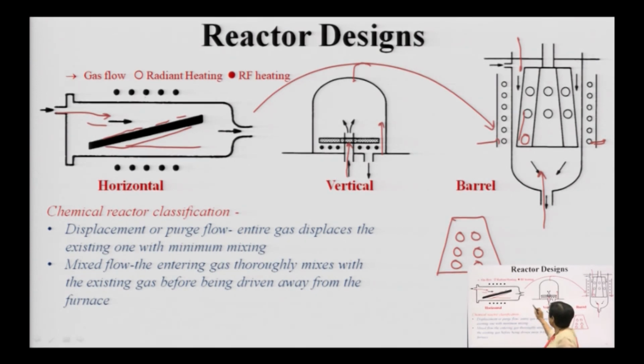So, these are the three different reactor designs which are mostly used. Here, the advantage is that you do not have the boundary conditions and other features which are limiting or restricting, and you do not have any inclination or something like that. So, this is better as far as the deposition rate is concerned, but the number of wafers which can be placed at one instant of time, or the deposition that can happen at one time, will be limited.